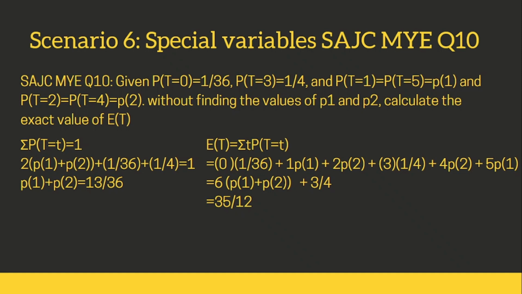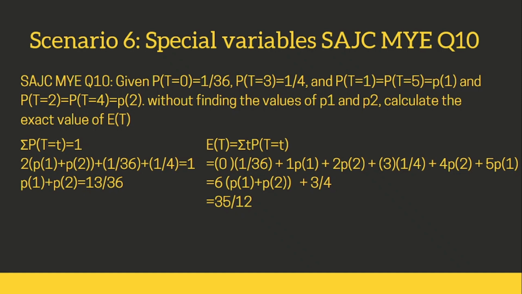Then the probability of T equals 2 and the probability of T equals 4 also equal a certain unknown, which we make p2. So, finding the values of p1 and p2, calculate the expected value of T. What we're going to do is take the summation of the probabilities of T. It should be equal to 1. And it's going to be